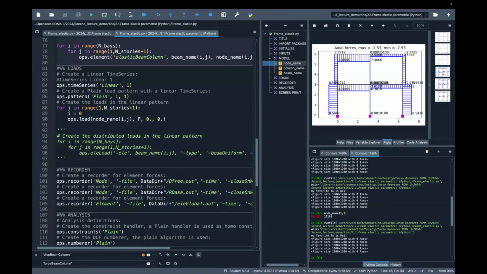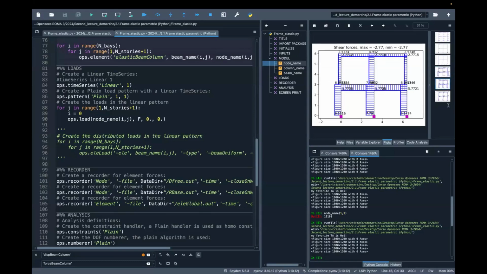Obviously you can see that we have different signs of the axial force because part of the moment is in equilibrium by the two axial forces developed on the two columns. In this case, the axial force in the internal column, due to the symmetry of the structure, is near zero. And we can also plot the shear force diagram and the